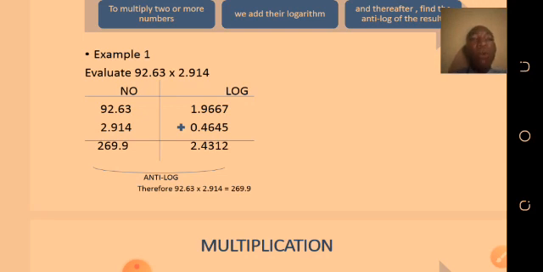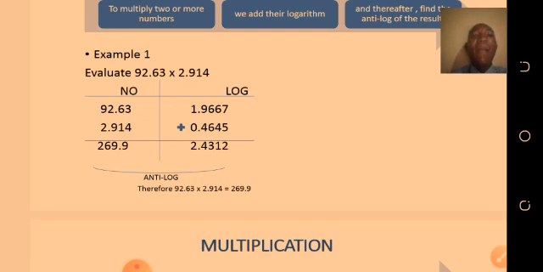2.4312. Now you find the anti-logarithm of 2.4312. And remember, from our anti-logarithm table, from our anti-logarithm class, you check the anti-logarithm of the decimal part. And the decimal part there is what? That is 4312, which is 43 under 1, difference of 2. And that will give us what? That will give us